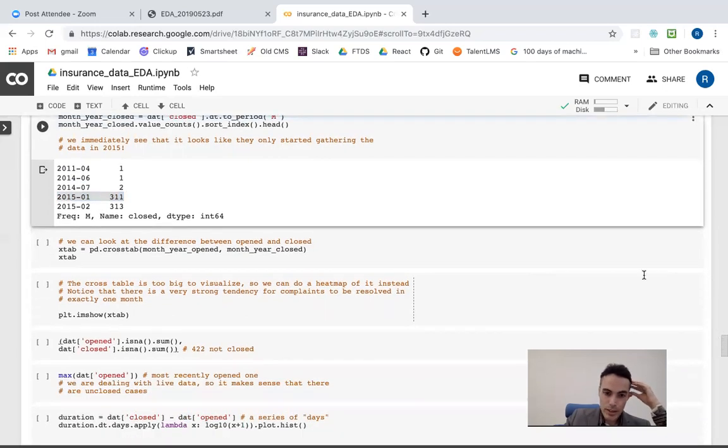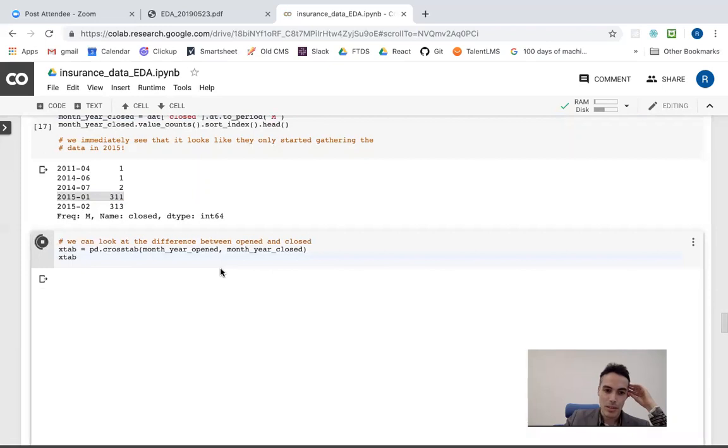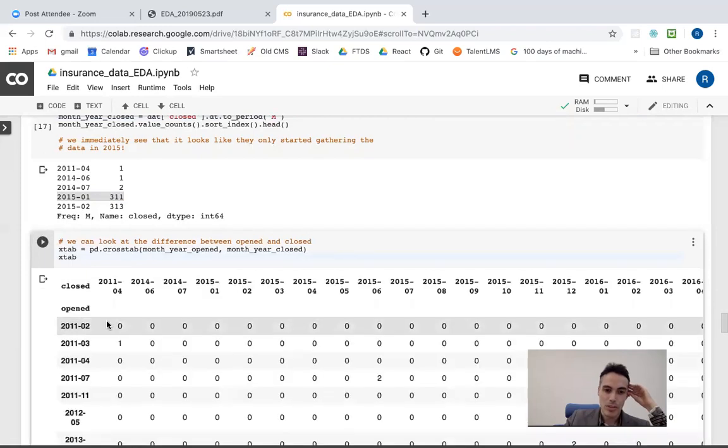So I said that I was just going to do univariate analysis, but when we have a month-year opened and a month-year closed, it's very natural to want to look at them both at the same time. So we can cross-tabulate those using the pandas crosstab function. What it does is make a table of each month and year when the complaint was opened, and the month and year when it was closed. We get this huge table here,